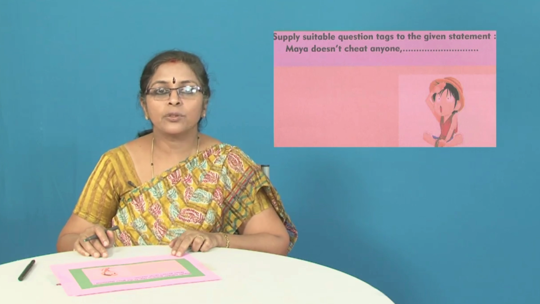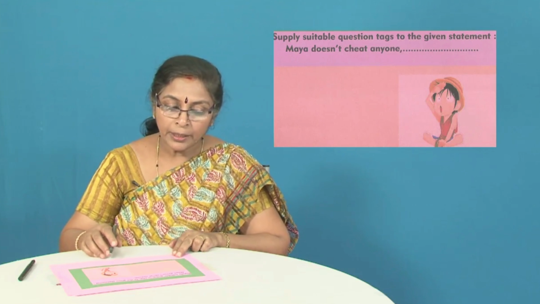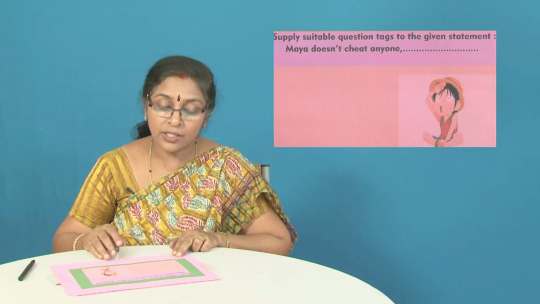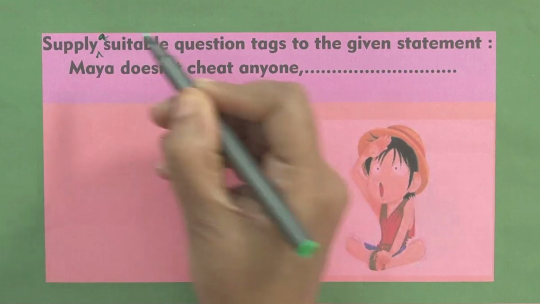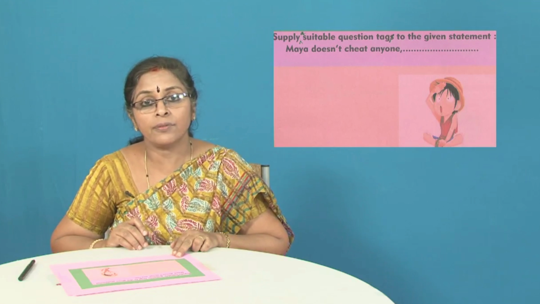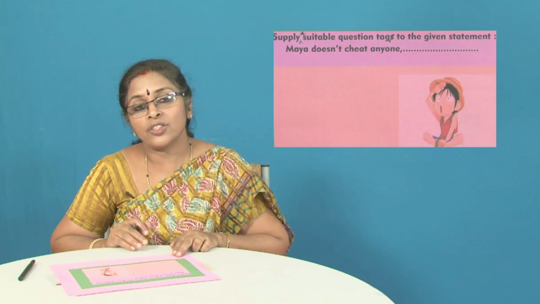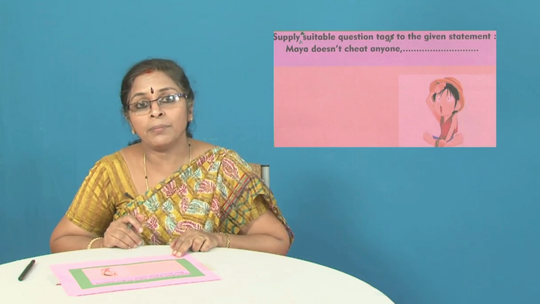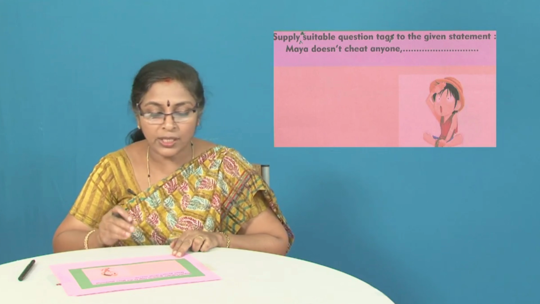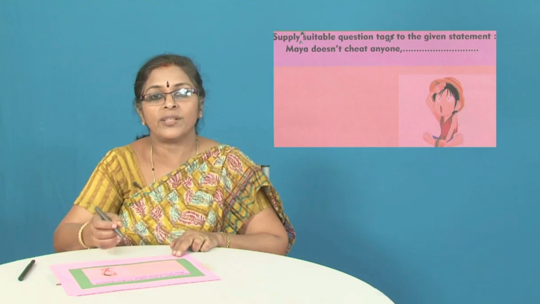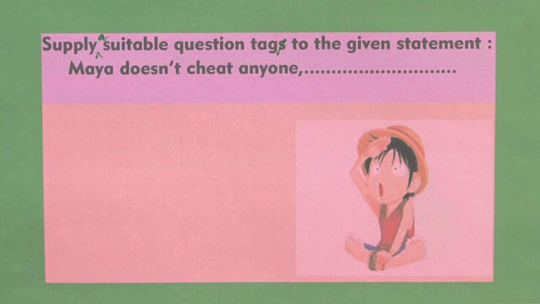Yes, students, let's go back to another example. Now, I just want you to look into the instruction that is given. You just have the letter A, supply a suitable question tag, because there's only one sentence that is given. So this was the instruction given for a whole lot of statements that have appeared in every sheet. So kindly make that change. It is: supply a suitable question tag to the given statement. Okay. Now the next sentence that we have here is,